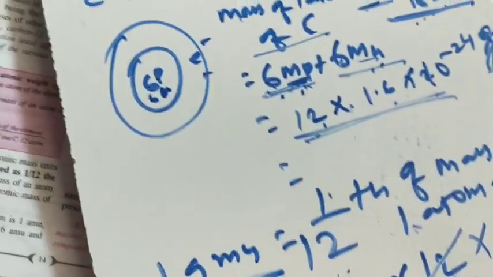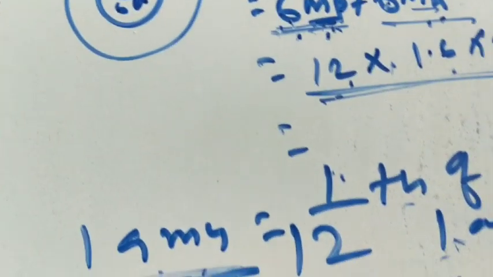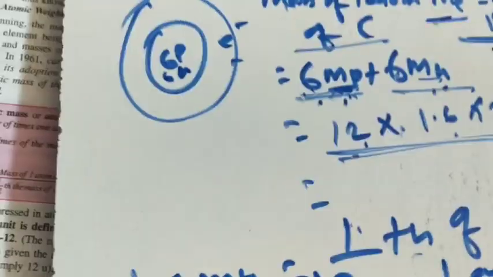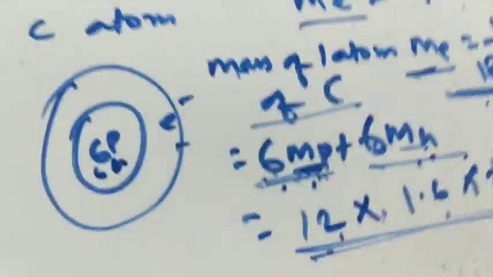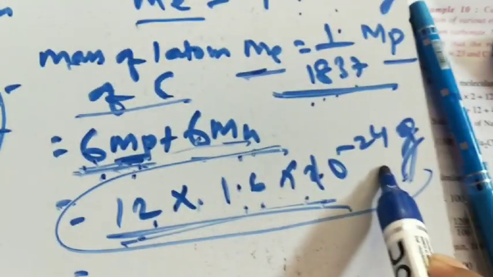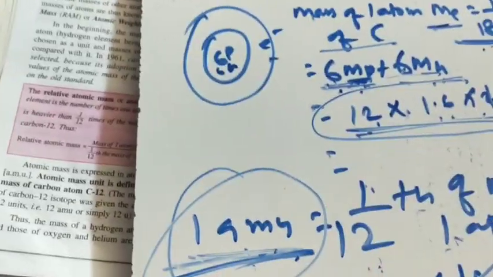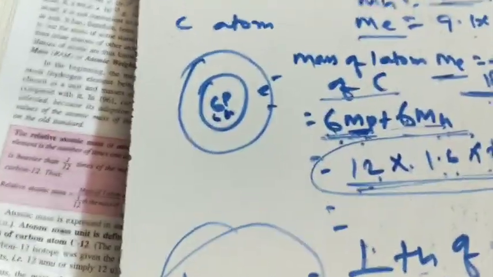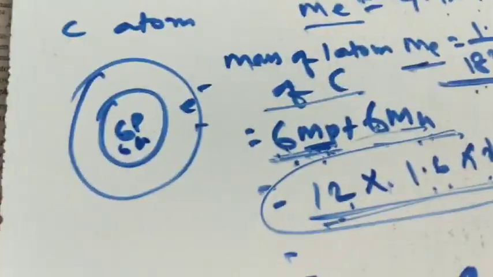Now we explain this point clearly. Again I repeat it. What is 1 AMU? 1 AMU means 1 by 12 of the mass of one atom of carbon. The mass of one atom of carbon is equal to 12 into 1.6 into 10 to the power minus 24 gram. So 12 cancels. Now it is 1.6 into 10 to the power minus 24 gram. It is the value of 1 AMU. If this question is asked in your exam, then if you explain in this way, you are able to gain